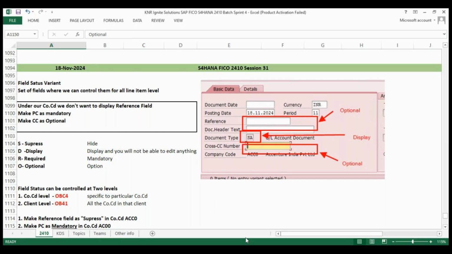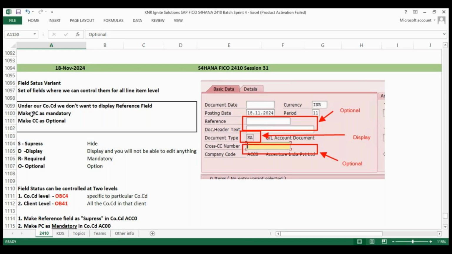So it's kind of optional, it's not mandatory. Whether you enter something or don't enter, the system will not stop you. There will not be any error, or there might be a warning for certain fields, and you will be able to move further with that particular transaction. Okay, so that's a quick understanding of how to control any field and how you want to display them,